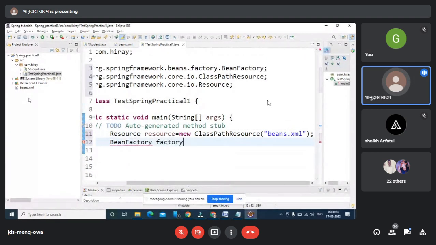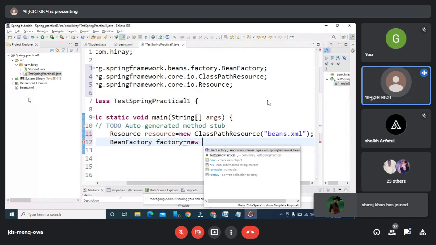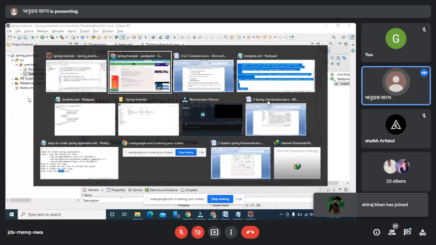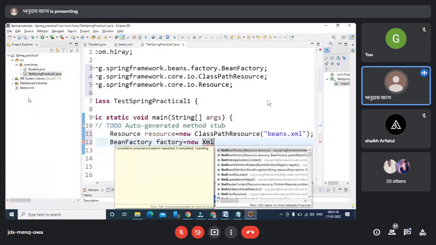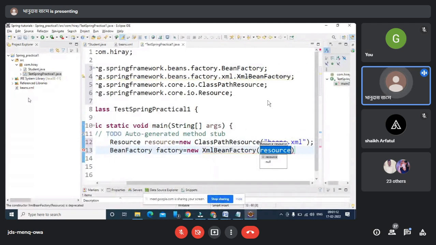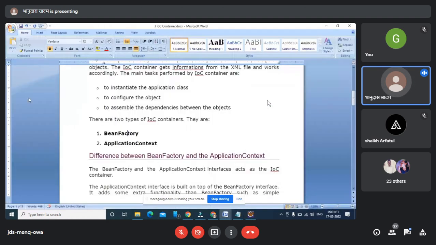So this is a bean factory. You can call this a factory here. Once you use a bean factory, again you require a class where you are supposed to tell where your bean factory exists. So I'm choosing the XmlBeanFactory object here, and this is my resource where the information is. I'm putting a slash here because it's absolute now. We are using another one that is called ApplicationContext.